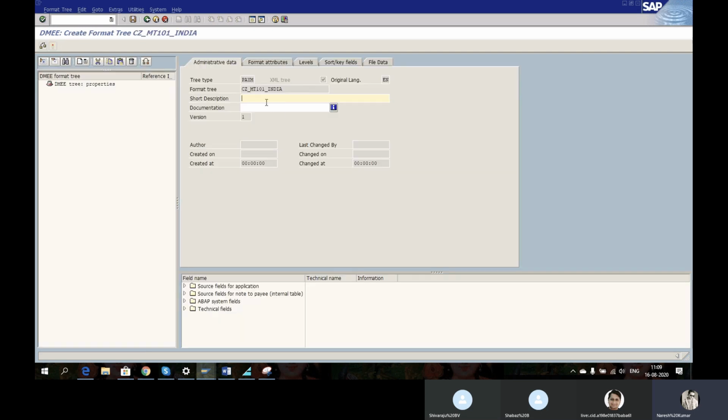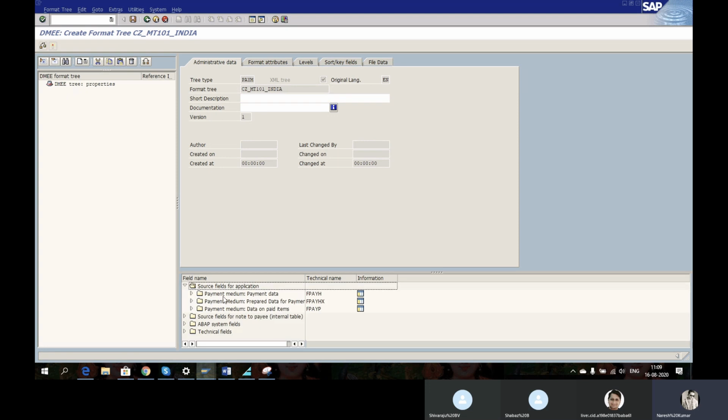So now we are going to give a tree type payment and the format tree MT101 for India. Okay, this is an XML tree. Now you don't know what exactly it is. What you can see is the payment medium source field for application, payment medium or payment data, prepared data for payment, data for paid. So what exactly are the PAYH,